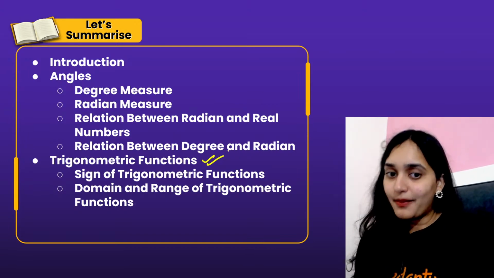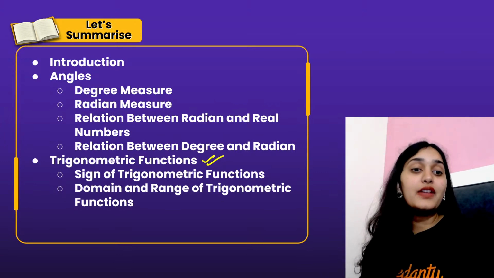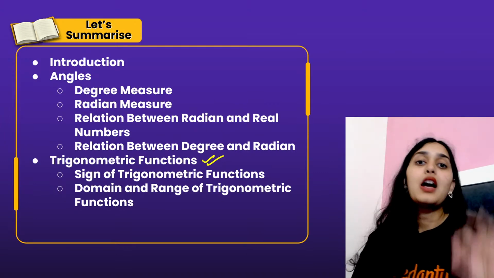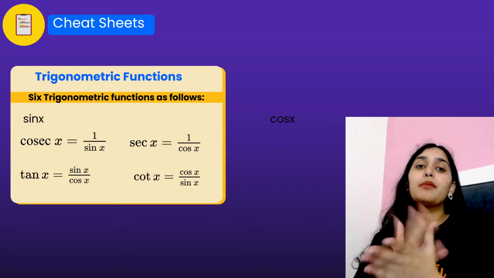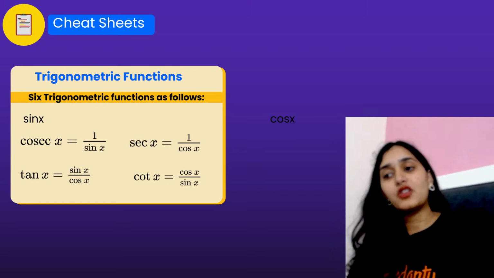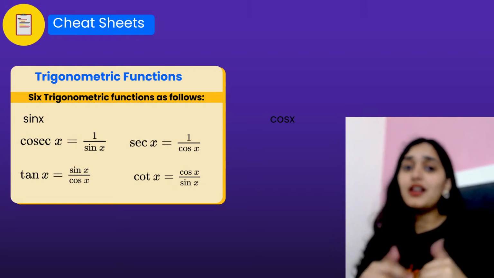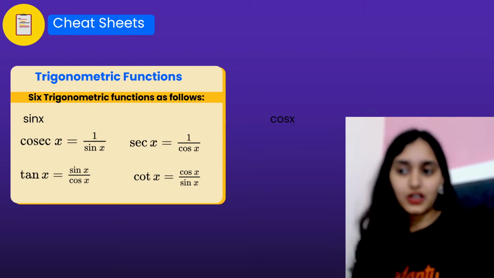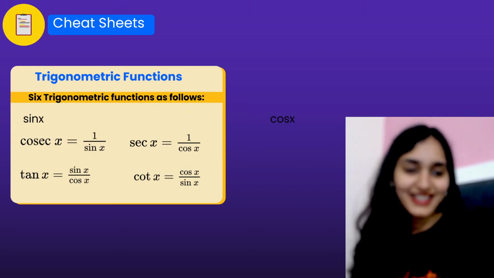Today's lecture is complete. Now in the next lecture we are going to learn how to find the sum and difference of different trigonometric functions. And because of that, today we learned how to find the value of trigonometric functions. Only then you can apply the laws and identities, right?